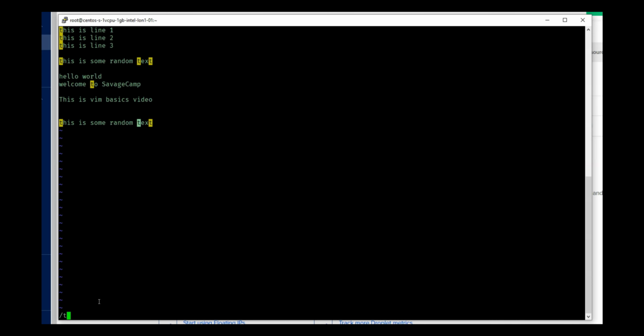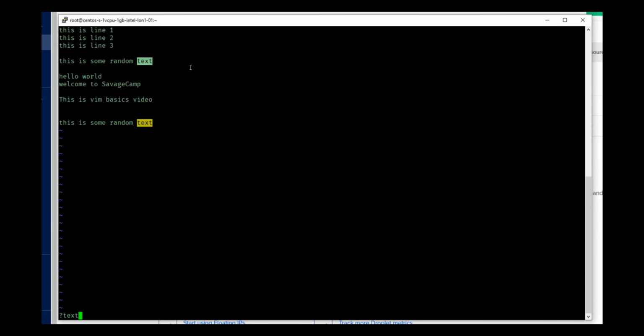So you will see it being highlighted, and you can search for anything, and if it is not present, it won't highlight anything. So this is an easier way to search for something. And if you want to search from the back, I think it is a question mark followed by the text. So instead of starting from the left side of the file, it would start from the right side of the file.